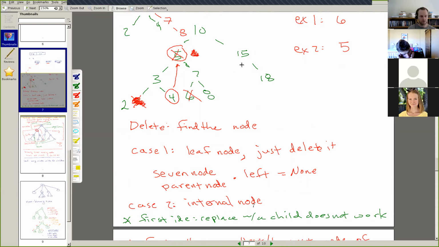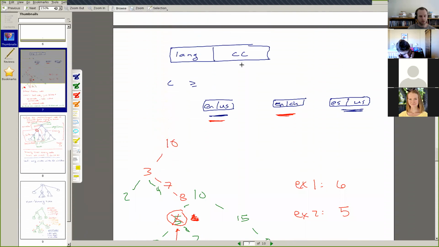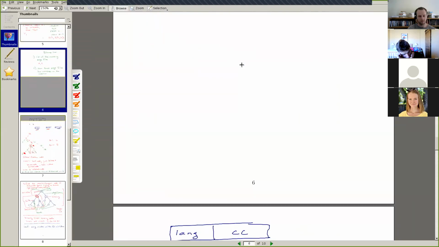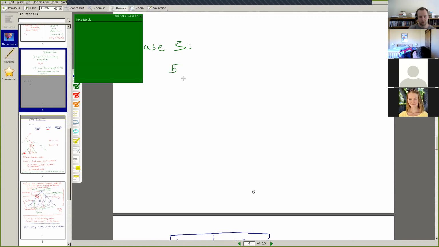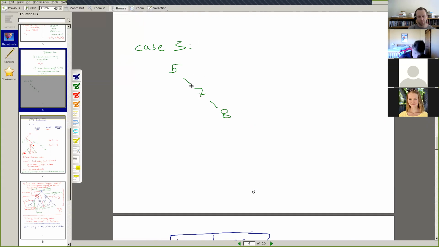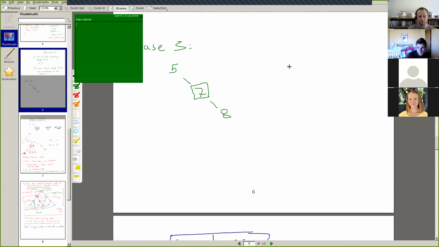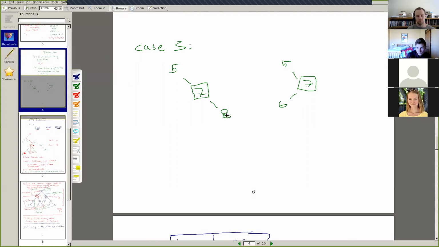Apologize that my space has been formatted poorly here, but the case 3, when we have a situation that looks like 5, 7, 8, deleting something from the middle with one child, either one right child or one left child like this.